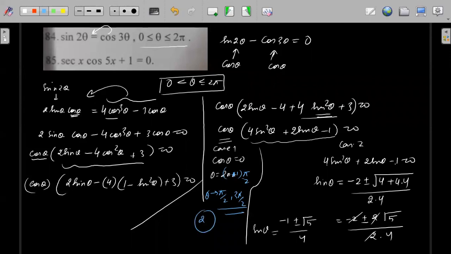Okay. Now see, our next one is from here again. This is sine theta is equal to minus 1 plus minus root 5 by 4. So you'll have between these two, this is 0, pi, 2 pi. So from the positive value you will have this, and from the negative value you will have this. So two solutions here, two solutions here. So 1, 2, 3, 4, 5, 6. So you'll have a total of 6 solutions.